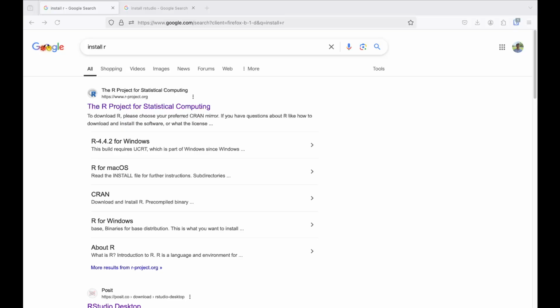So reasons that you might choose to install on a personal computer would be that you plan to use R a lot more, whether in this semester or perhaps in a future semester. So the limitation of Posit Cloud is that you do only get 25 hours a month free. You can only create 25 projects. After that, you do have to pay a monthly fee for a subscription if you plan to keep using it